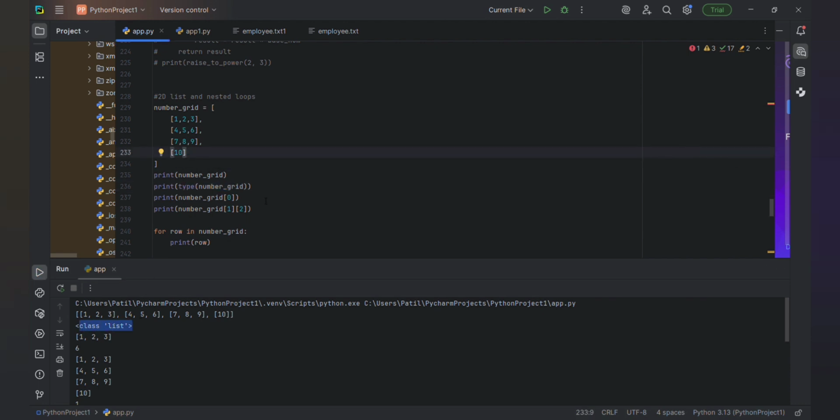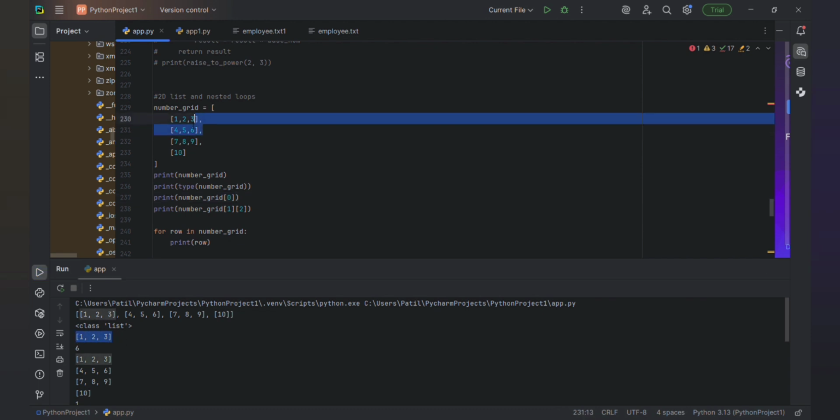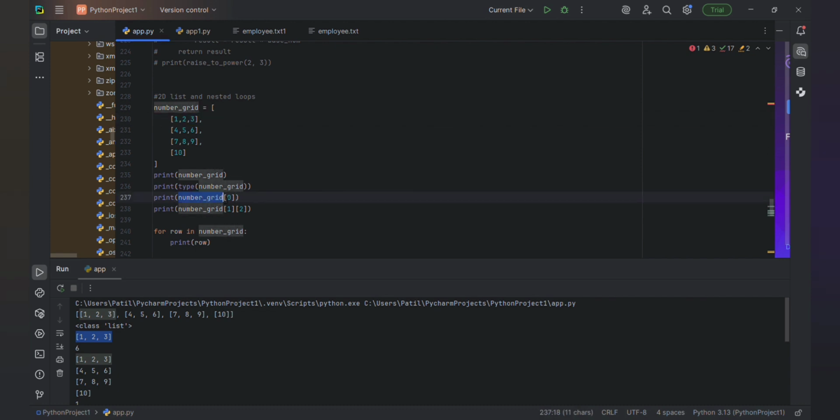And the next one, if you want to see here, this one I already said is the zeroth row. See here, this is the row indication and next one is the column indication. So if you want the first row elements, then easily number grid of 0 means it will print 1 2 3.